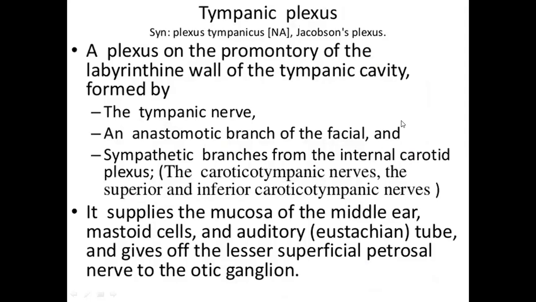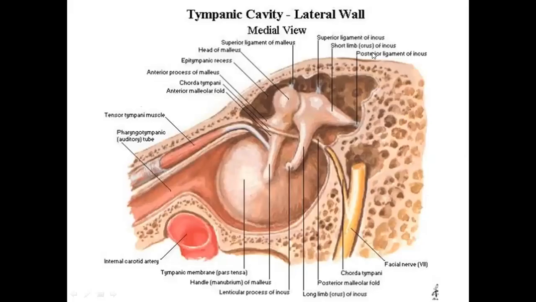One more thing: whenever the vibration strikes the tympanic membrane, the tympanic membrane will move medially, and the handle of the malleus is also moved medially, and the head of the malleus and the incus move laterally, and the long process and the stapes move medially. So this is how they move in the anterior-posterior direction, and they transmit the sound waves from the middle ear to the inner ear.